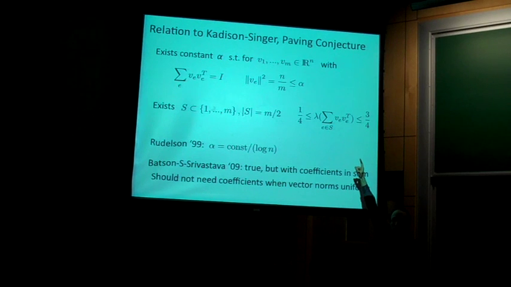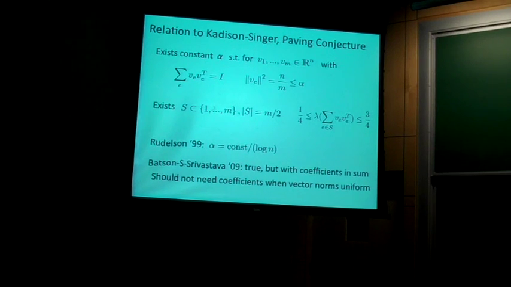Here's the next annoying thing. If all the vectors have the same norm, we don't know why that scaling factor has to be there. We know no reason why that scaling factor has to be there. So it feels like this is getting close to the Kadison-Singer conjecture. I don't know. I mean, we've been trying to prove it now for 2 years without success. So it's clearly not a neighbor of the Kadison-Singer conjecture, but maybe it gives you some more reason to believe it. And this would have a whole lot of implications.